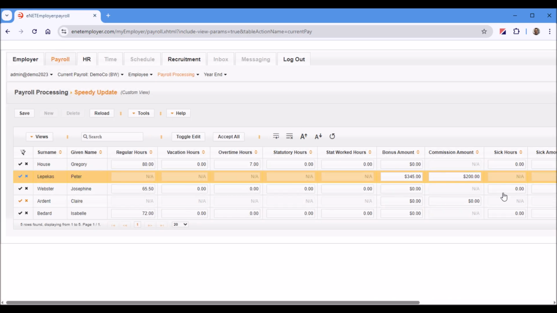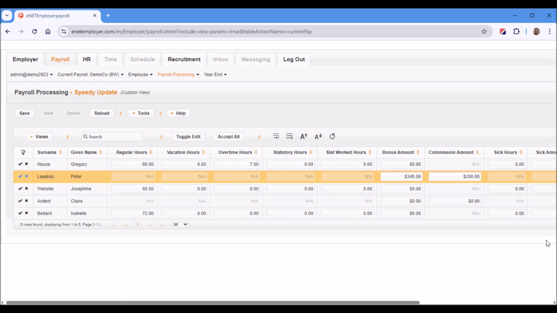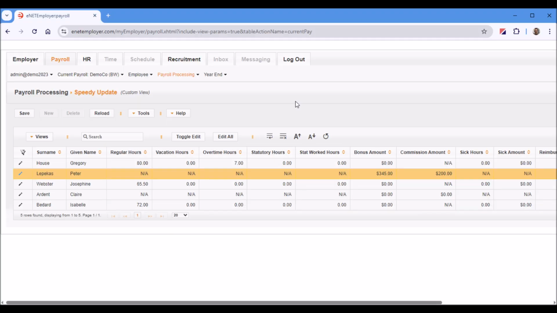Note that our sample employee Peter here indicates NA for the regular hour entry types, but he does show a gross pay of $2,500. This means that he's a fixed salary earner, and the program will pay him automatically with no data entry required. Now let's press the Accept All button to save our changes, and then return to the